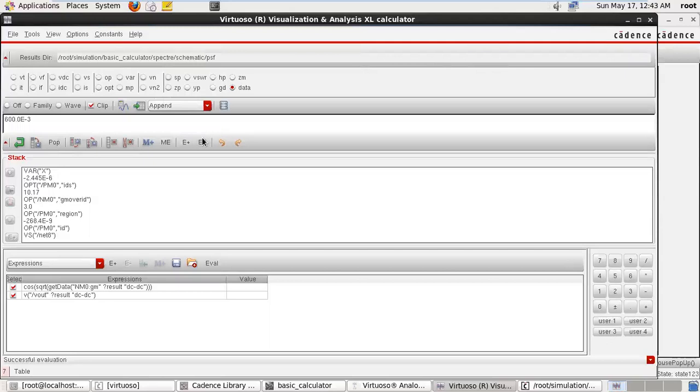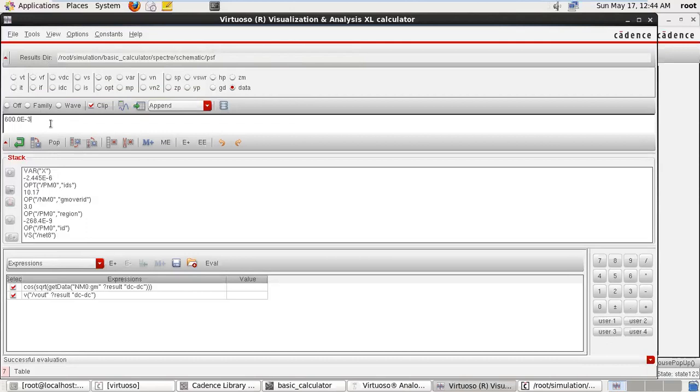Okay, I'm closing the window. So see, our calculator has four types. So this portion is used for different types of analysis, generation of the waveform. Okay, this is my buffer. So any expression can be moved from the ADL window to the buffer, or buffer to the ADL window.